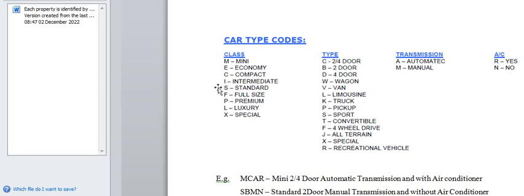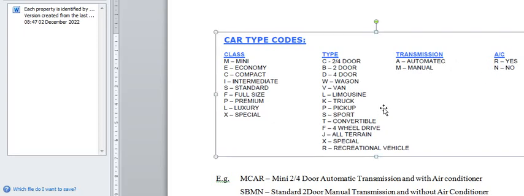Suppose my car type code is CDMN. What does it mean? C means it's a compact car, D means with 4 doors, M means it's a manual transmission, and N means there is no air conditioner. So suppose my car type is given like